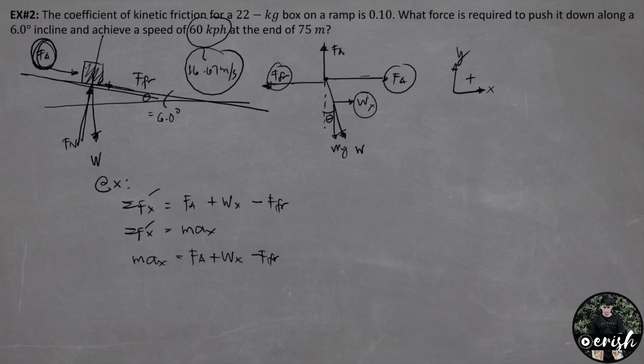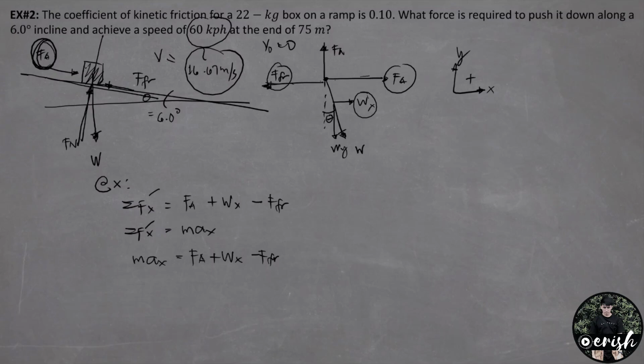In the problem, ang sabi is to achieve a speed of 60 kph. Ibig sabihin, nag-start siya from rest, binigyan mo siya ng force applied na hinahanap nga natin, and then pagkatulak natin dun sa box, nagkaroon ng motion yung box hanggang umabot siya ng 75 meters. And dun sa position na 75 meters, nagkaroon siya ng speed na 60 kilometers per hour. Meaning, yung 60 kilometers per hour na yan is the final velocity. Ang initial velocity natin is 0. And yung 75 meters na yan is the distance na gagamitin natin to solve for the acceleration using an equation